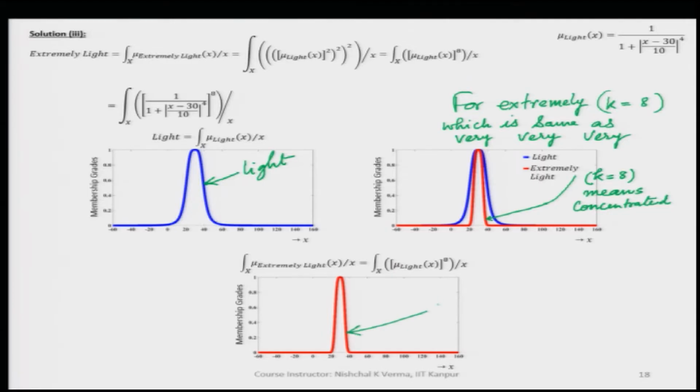We see that this red color fuzzy set is for the extremely light fuzzy set, and this we have found as the concentration of light. So, extremely light we have got out of concentrating the fuzzy set thrice.